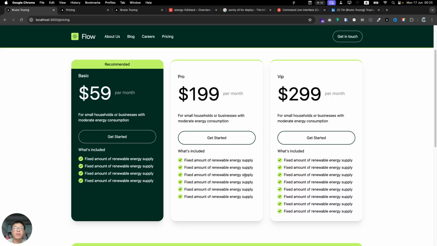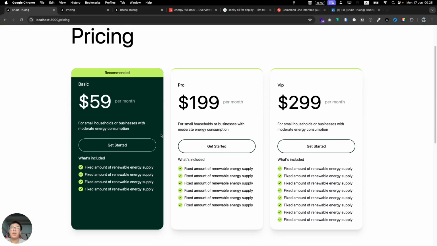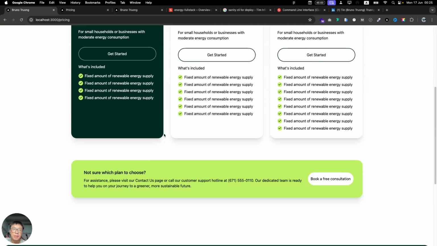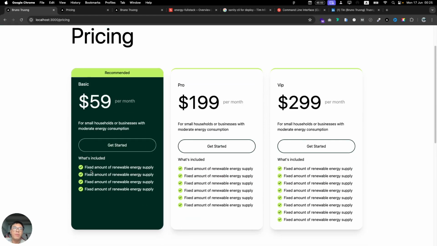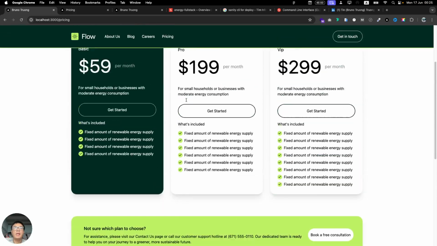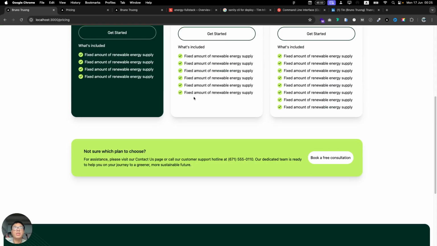Okay, so here are the results from our dynamic information, and you can see that we also have the checklists coming from Sanity, and also from the recommend and basic plans, and the different components for the button components, and also the different look for the recommended plan. So basically we have success for the data fetching in the prices,